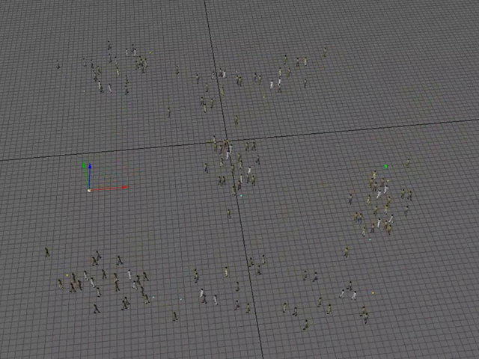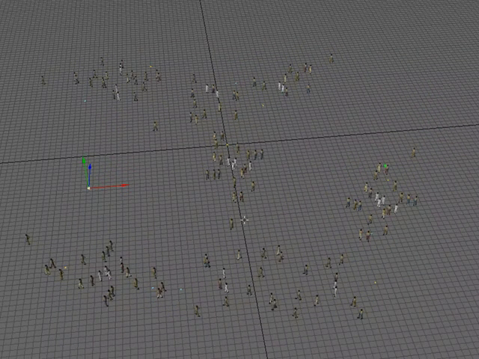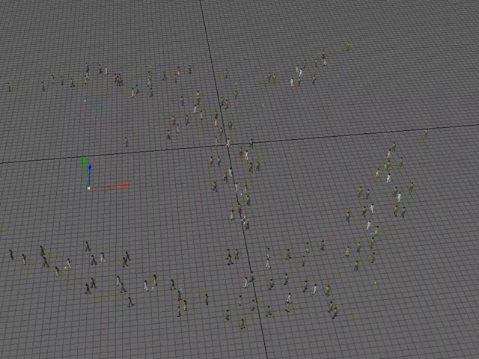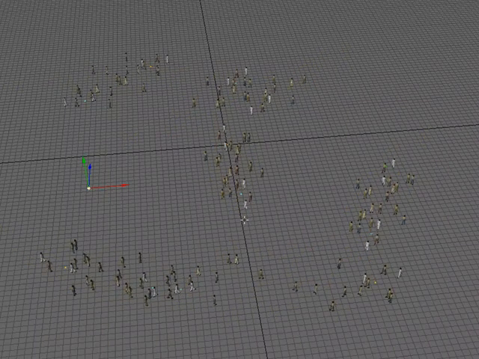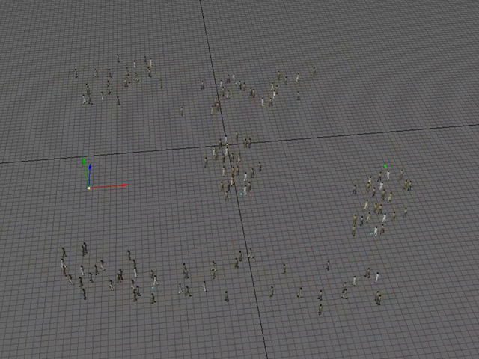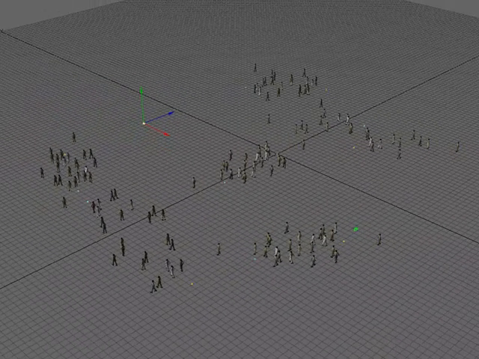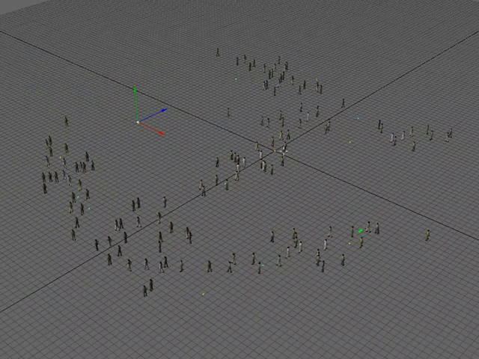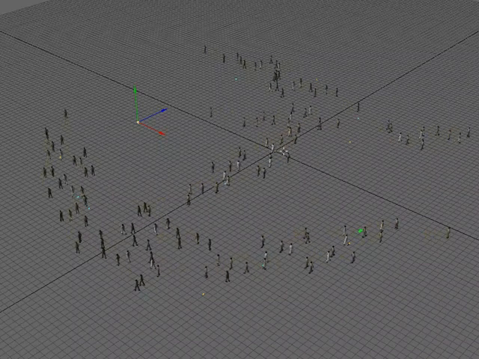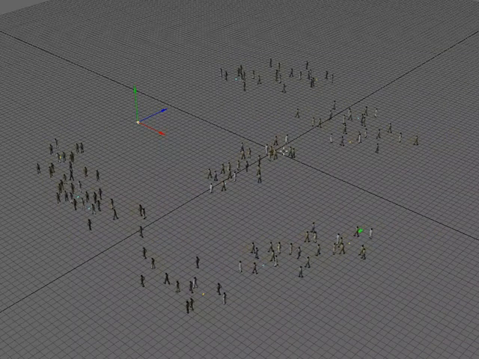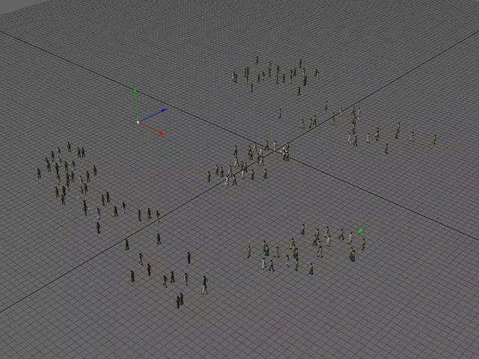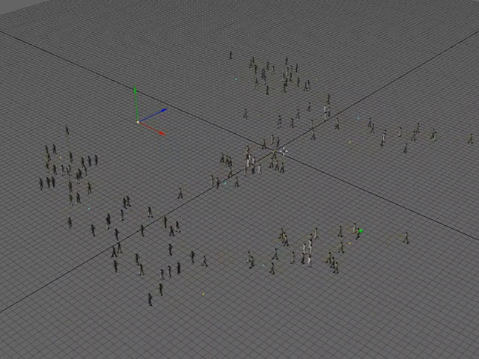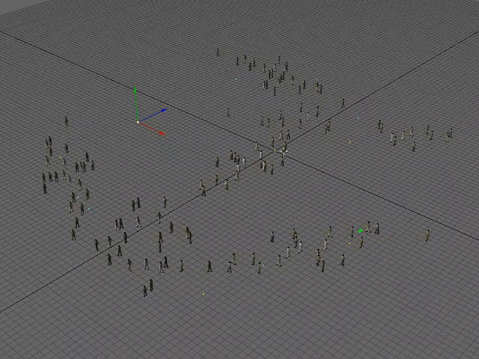But one thing to keep in mind is you get this many characters in a scene, and it might start getting scary. You might have a lot of geometry, a lot of bones. If you're using IK, that might come into play. Well, the beauty of this scene, we've got these characters and they're walking city streets or kind of shopping in a mall or something like that, but we don't have to go through that much trouble to get this set up, and we don't have to take that much of a calculation hit or render hit